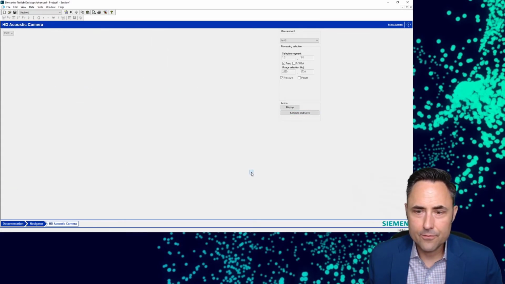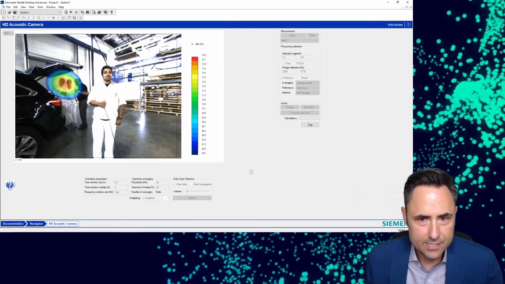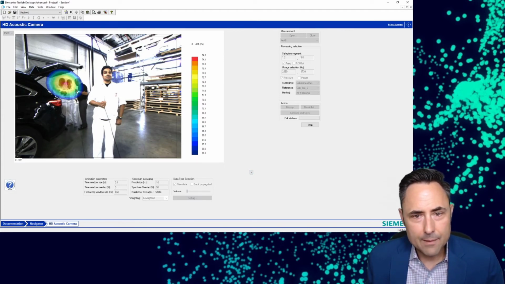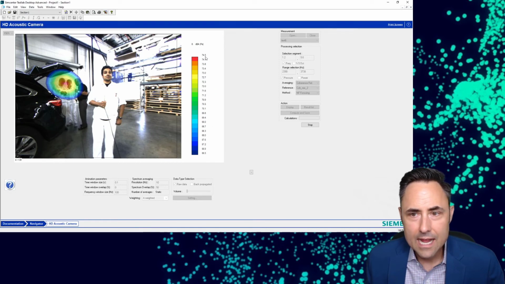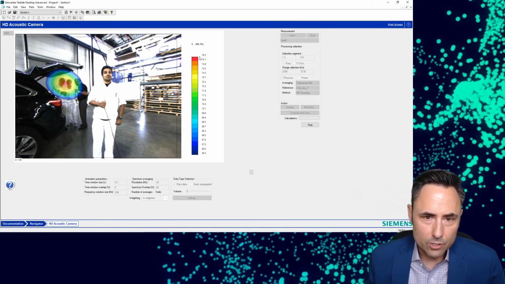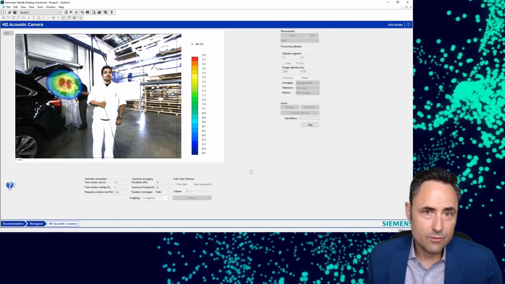Boom, this guy up front totally disappears essentially because I'm asking the array to show me where sound is coming from that's coherent with this extra transducer back here. So this guy's not correlated with that transducer like this sound source is. And so I can see 74.5 decibels of sound pressure is responsible from these guys back here.